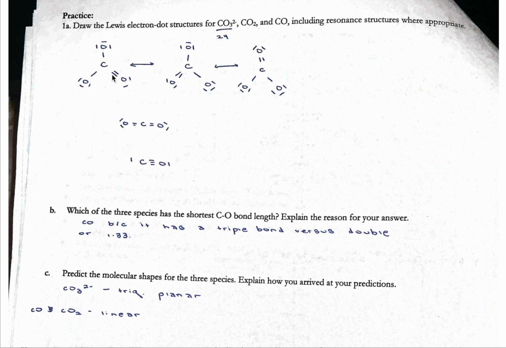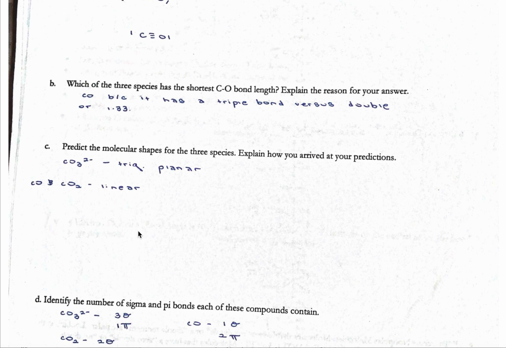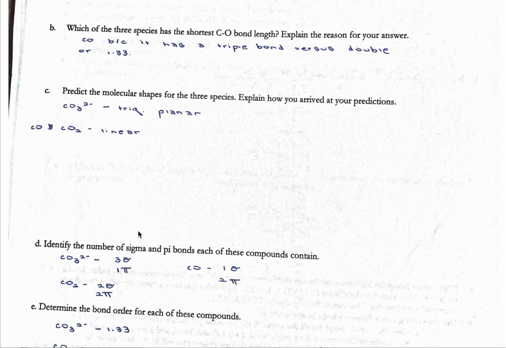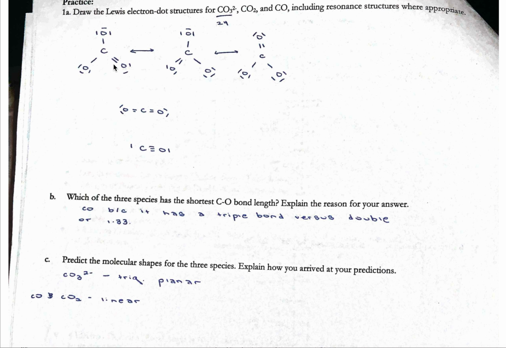And this, where I'm about to talk about bond order in a second for that guy. Shapes: this is trigonal planar, so go back and review your shapes. Those two are going to be linear. Remember, for pi bonds versus sigma, if you have a double bond, so like here I've got one double bond,